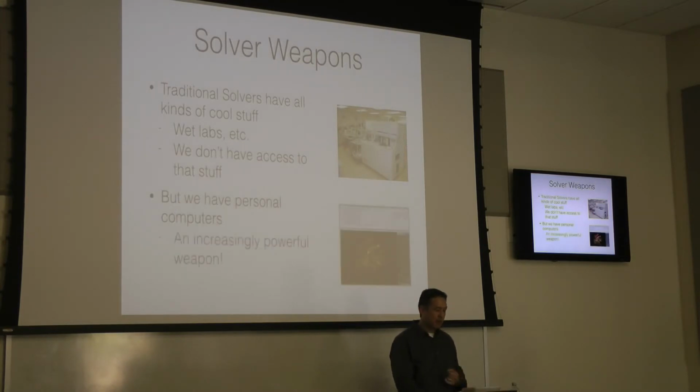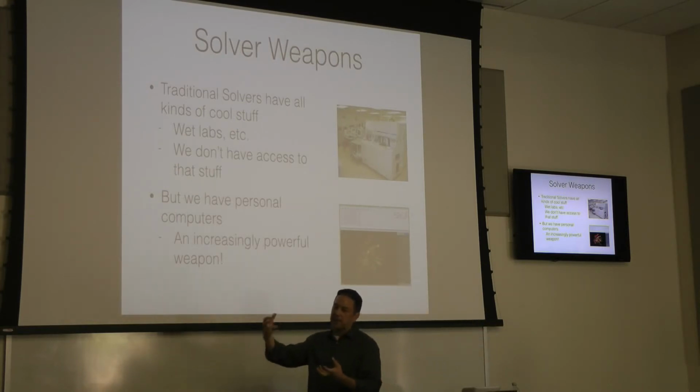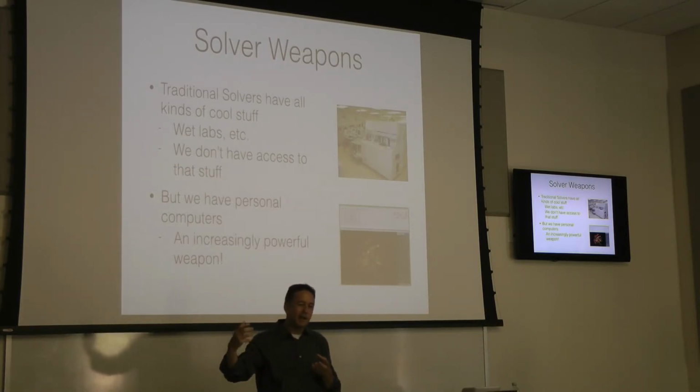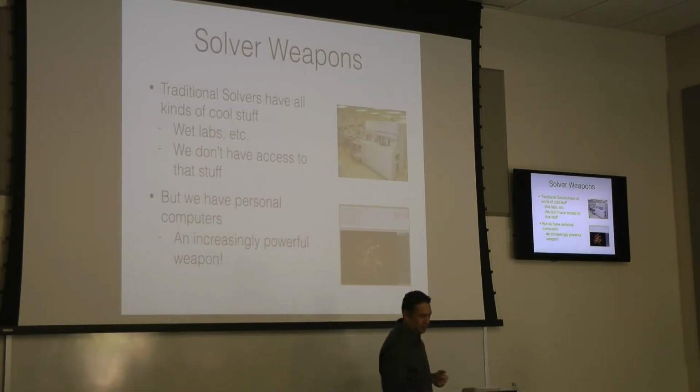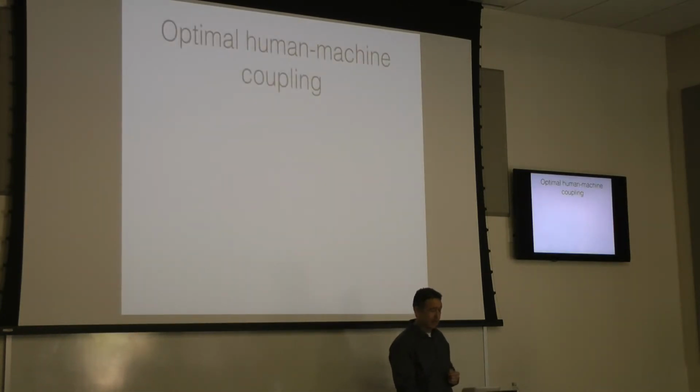But we do have personal computers, which are increasingly powerful. Most people here do some kind of machine learning, AI type things. You'll do it in my class in spring if you take it. So those, I think, are the relevant weapons to use. We've got this complex domain, biology, we've got this complex set of signaling pathways, and I think we could use various kinds of AI to come up with new approaches to fighting disease.